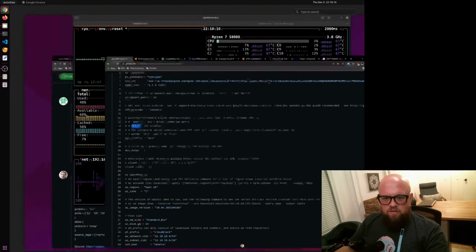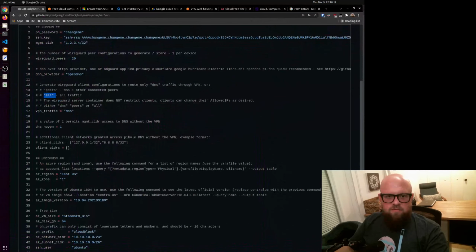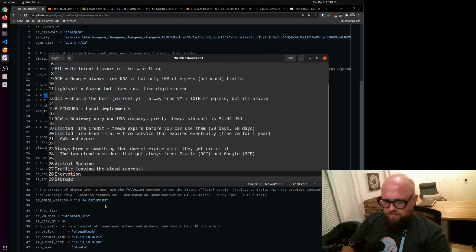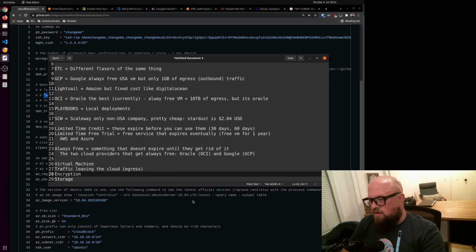Let's go over the encryption. Encryption generally is free. Another thing to note is a lot of these, even AWS and Microsoft, include encryption in their services. Google, it's very cheap, but they don't include it.